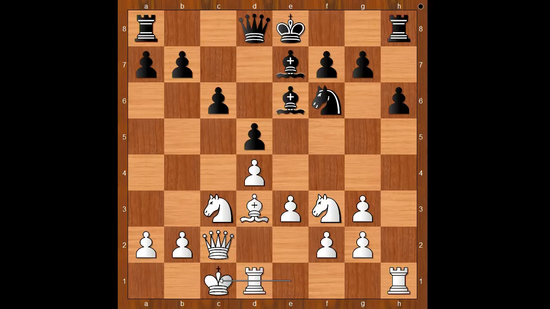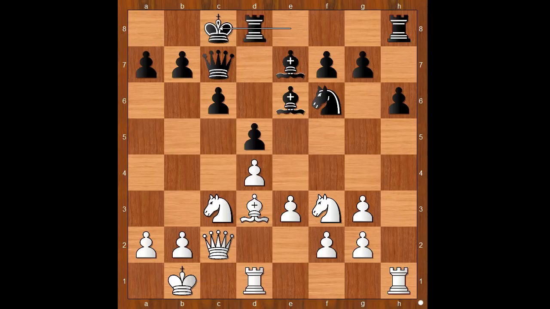Aleksandra Goryachkina castled queenside. Queen to c7, king to b1, and Wenjun castled queenside. Naturally, black prefers to castle queenside because of the semi-open h-file. The game continued. Knight to a4, king to b8, knight to c5, bishop takes on c5, d takes on c5,